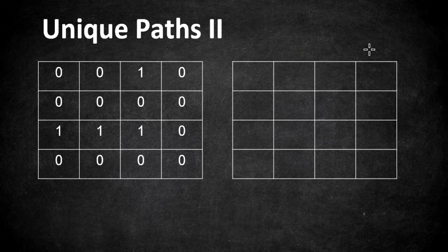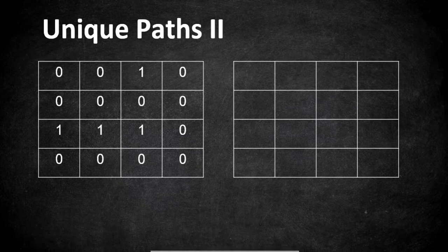I'm not going to explain the pattern and fill in the values here. Instead, we are going to apply the knowledge and understand how we are going to put the values in those cells and derive the pattern ourselves. So before getting started, what are we going to fill in this DP array? We are going to fill in values that say how many unique paths there are to reach that particular cell.